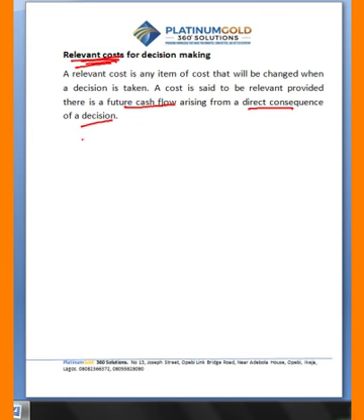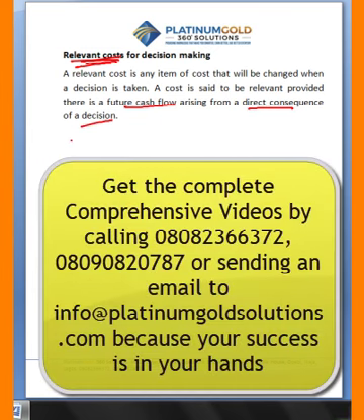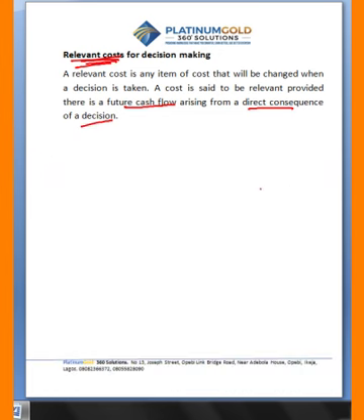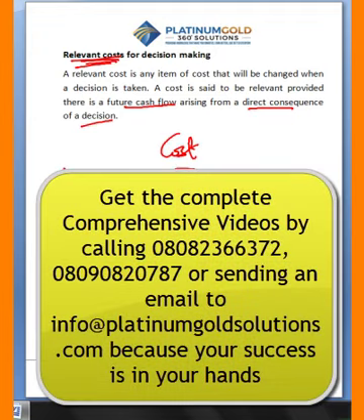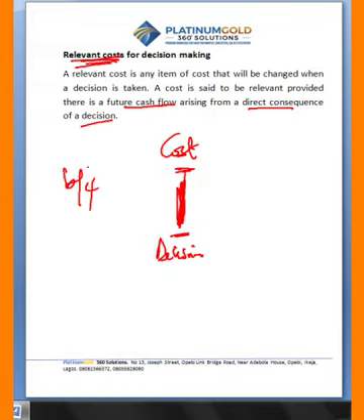Okay? So, if we are talking about relevant costs, there are costs that you will incur as a result of a decision. And a relevant cost must not be incurred before a decision. If the cost comes before the decision, such cost will not be relevant to future decisions. But for you to talk about relevant